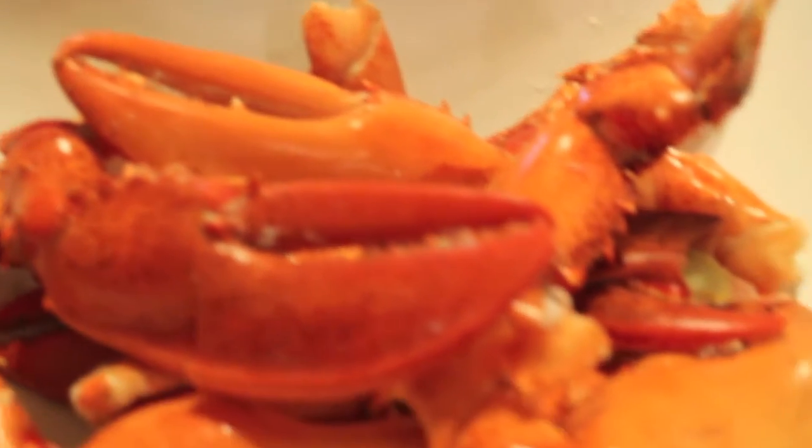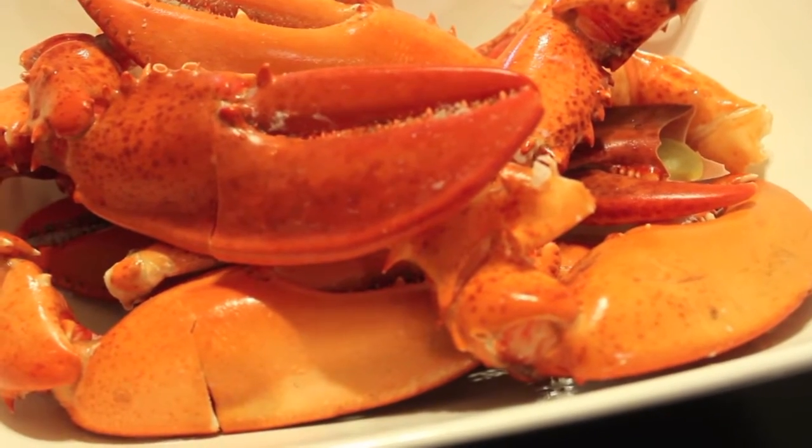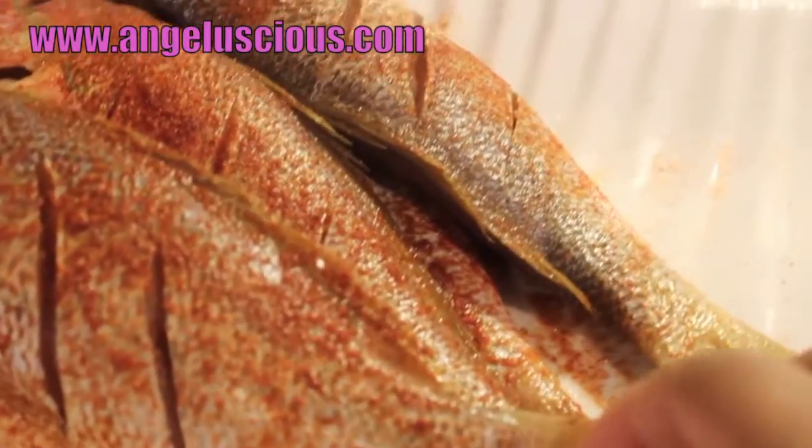It doesn't have lobster claws. I decided to add the lobster claws to this. These lobster claws are going to make this stew absolutely fabulous. So I've seasoned my fishes, as you can see, with the cayenne and the Himalayan salt, and I'm going to add